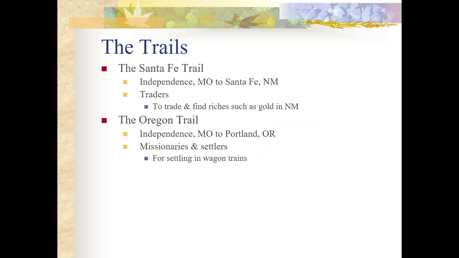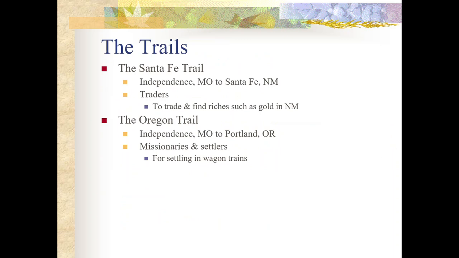This was actually started by Methodist missionaries who were looking to spread Christianity and help settlers get out west. This is where the wagon trains, the Conestoga wagons, were highly encouraged for navigating across. But most people only had push carts and walked most of the way. Not everyone had those large Conestoga wagons to ride in as they started to move west. The Oregon Trail could be quite brutal, trying to survive the elements, individuals making sure they had enough food. Many suffered from malaria or diarrhea, and many did not make it on their way to Oregon.